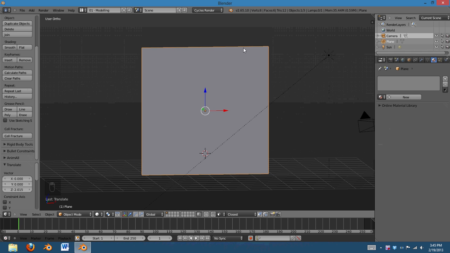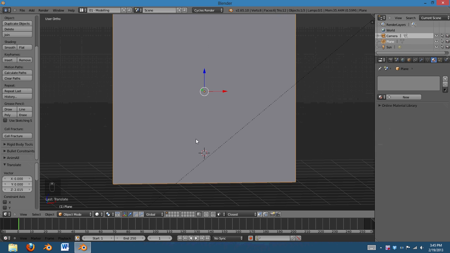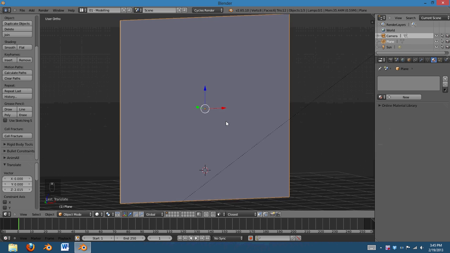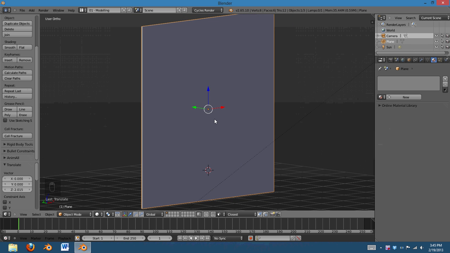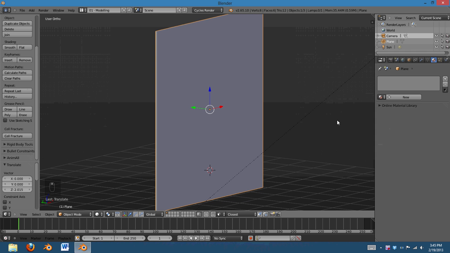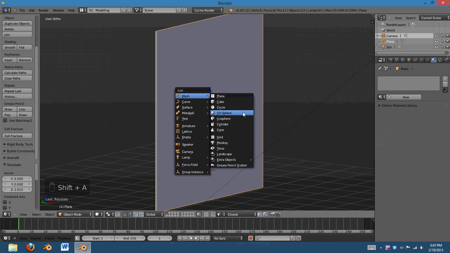If you wanted to, you could model the entire plane and have a ground and all of that, but for now, I'm just going to stick with this. Alright, so next, I'm going to add an object to hit the window. So, I think I want a baseball going through the window. So to do that, I'm just going to add a sphere